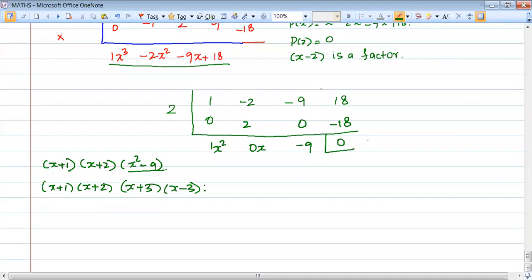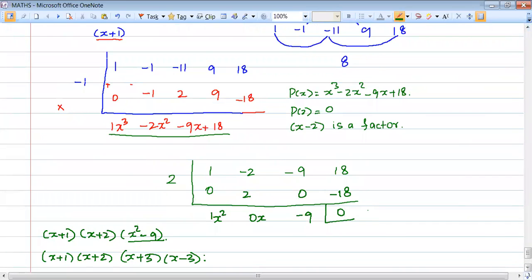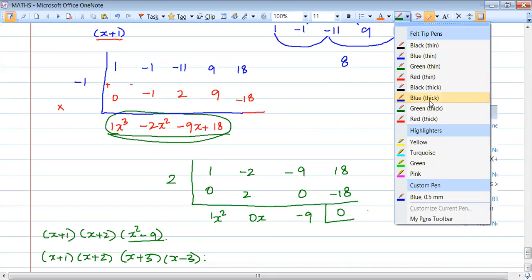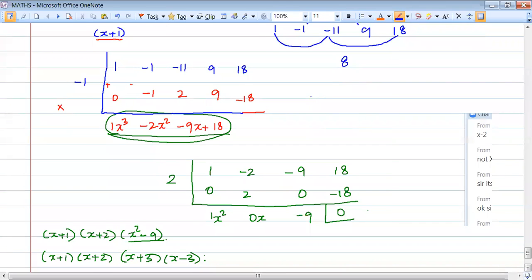Okay, dear students, now let me tell you after this what is the shortcut. Everyone pay your attention. After this, what is the shortcut you will use? Yes, I made a small mistake here. In the last step, plus 18 is the answer. Correct. Now here itself we can find the answer using a shortcut method. I got a little confused. I thought this is minus 18. That's why I took this much time to explain, or else within a fraction of a second we can find out. What are the factors of 18?